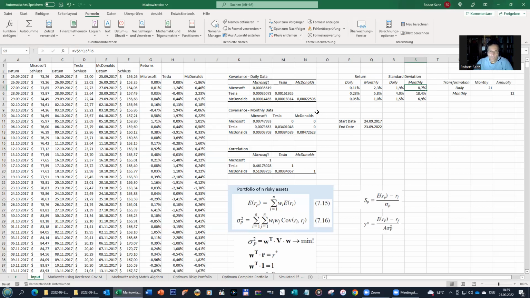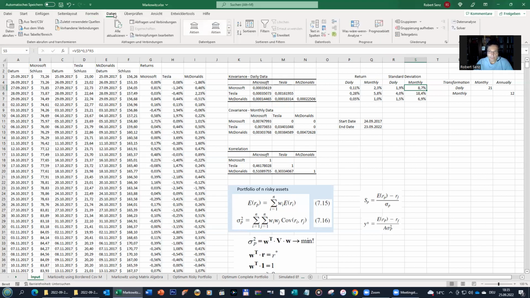Then there is also, as you know, with Markowitz, of utmost importance correlation and covariance. There are several ways to do so. If you have only 2 time series input, if you have 2 variables, it's super easy because there's only one correlation and one covariance. But if you have 3, then you have already 6 numbers to calculate, and then it goes more and more. So I would suggest to use this inbuilt function from Excel,